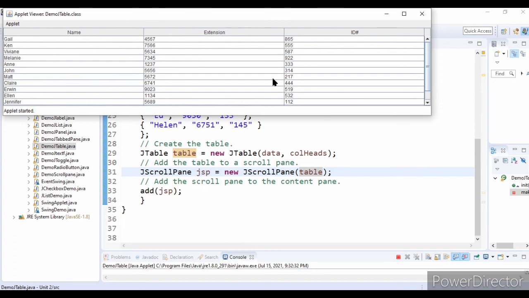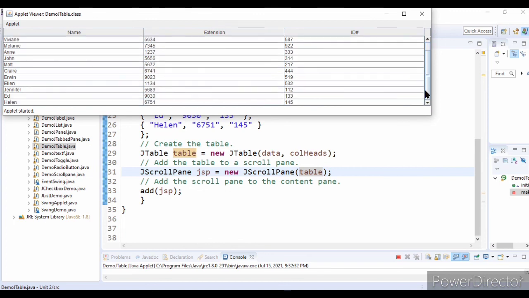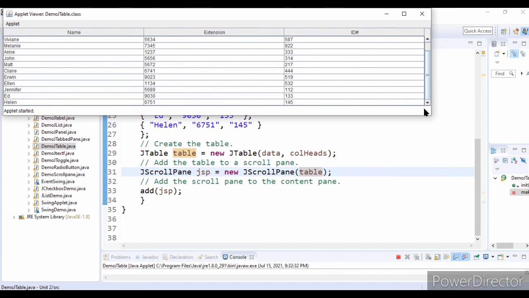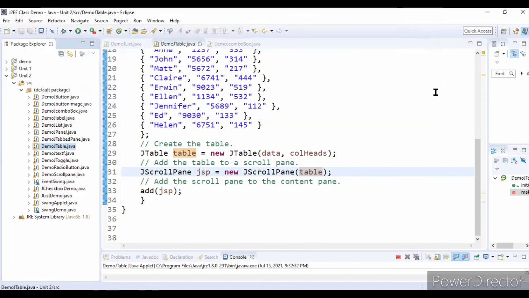Why? Because we have only 3 columns. As the table size or number of data entries is bigger, it adds only the vertical scroll bar. Okay, this is a demonstration of how we create a JTable in Swing. Thank you.